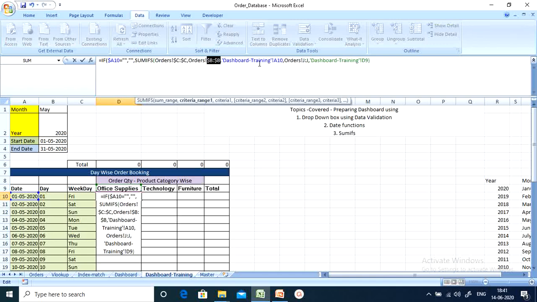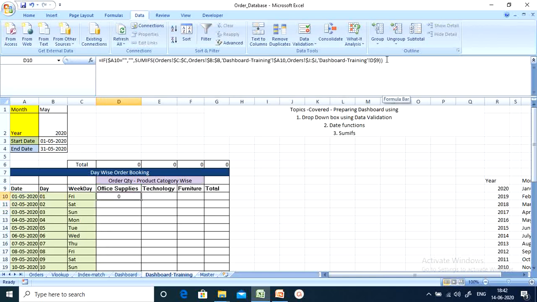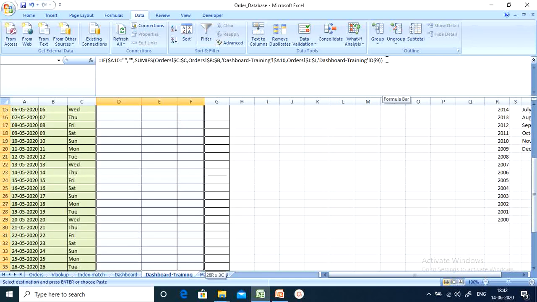My criteria range is constant there, and here my date is in A10, that is constant, and my criteria range of product category range, and here my product category, where my row is, I want to have the row constant there, so I update the formula and close the bracket of the formula. Now I am going to copy this data till the end of my table,